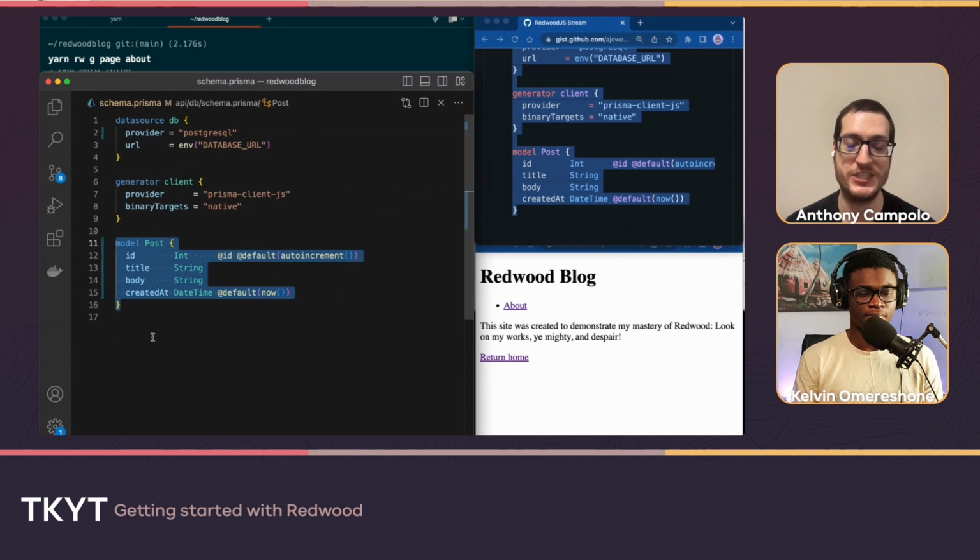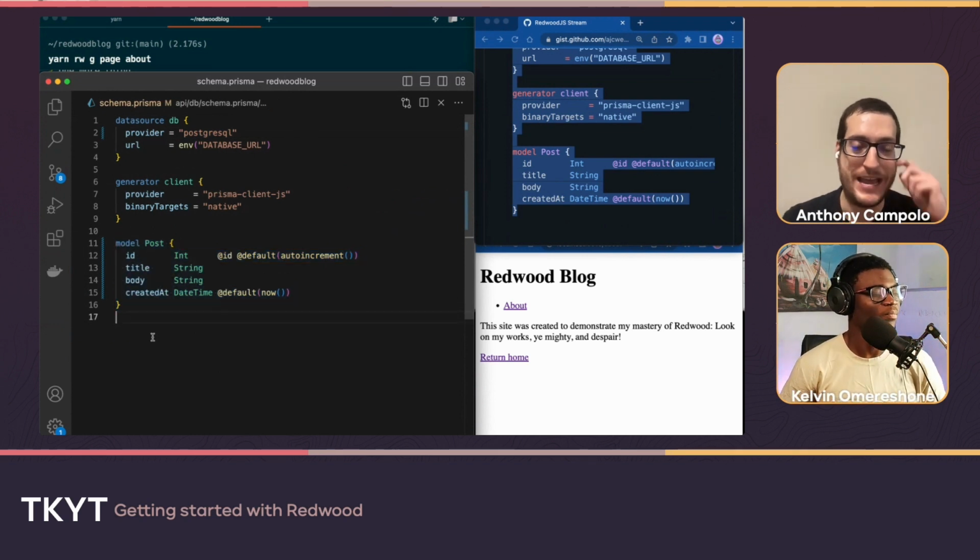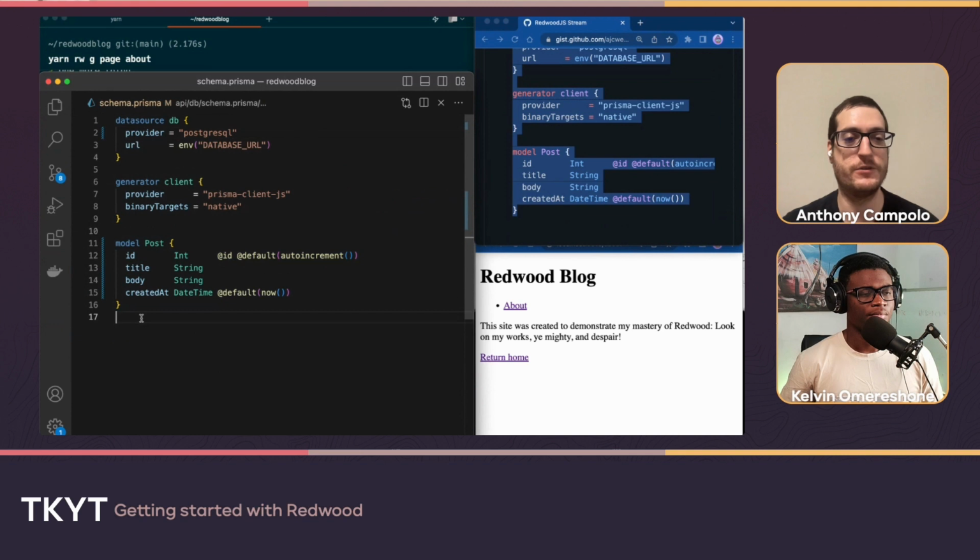I would recommend deciding on your database in the beginning and not switching. But if you want to live dangerously and migrate from SQLite to Postgres halfway through building your project, you technically can do that. You just have to blow away your migrations. The model is just going to be a simple post. We're making a blog here. A blog is not necessarily the best example of something you'd want to build with Redwood. It's more an exercise to help you understand the framework. You'd really be using this more for real-time functionality. But for the sake of what we're doing here, this is a good way to conceptualize the project end to end.